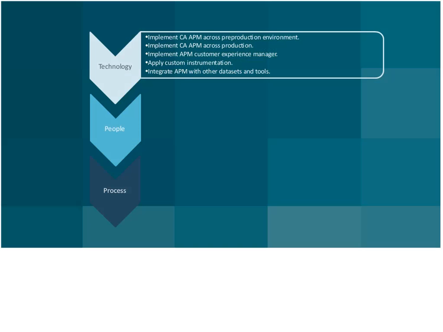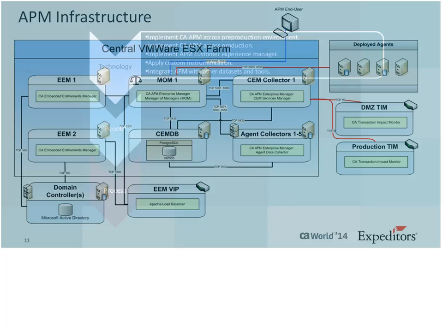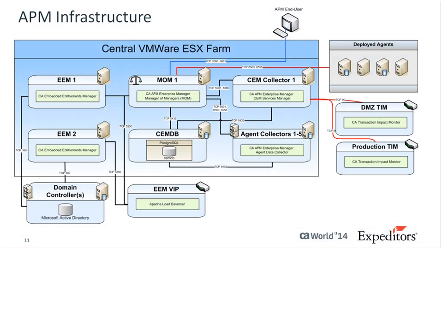And that we did as a secondary run-through, where we then go back and do the custom instrumentation for each application that we were involved with. And then finally, we later added, as part of our implementation, an integration phase, where we would look at other diagnostic tools, other data sets, and try and bring APM data into relation with those. So in terms of implementing, we first had to build up an infrastructure that would support our environment. And we actually settled on a virtualized environment for our core APM infrastructure,